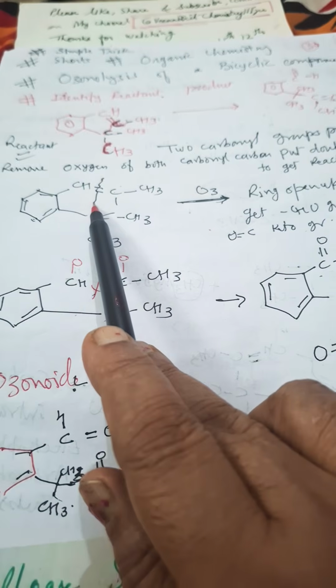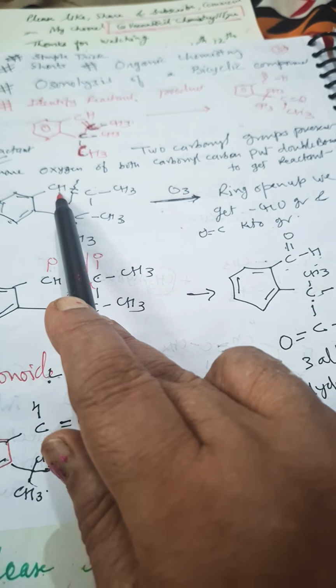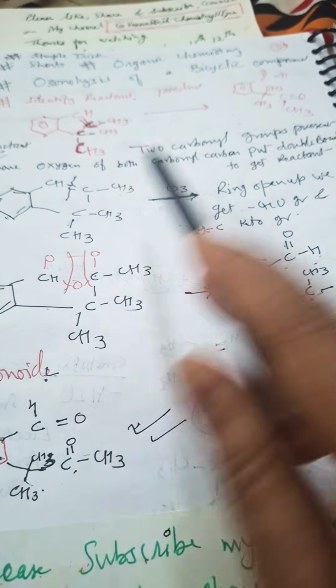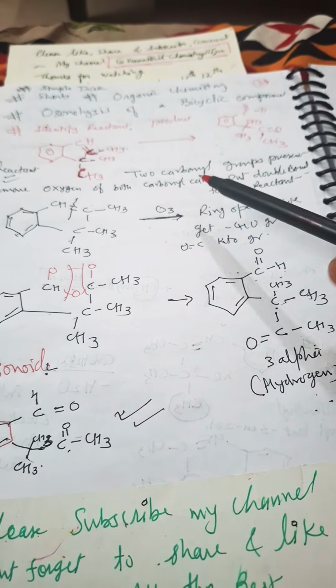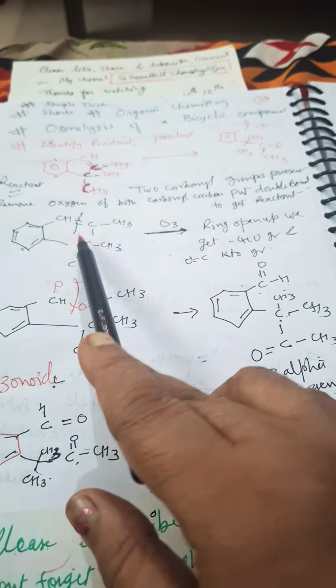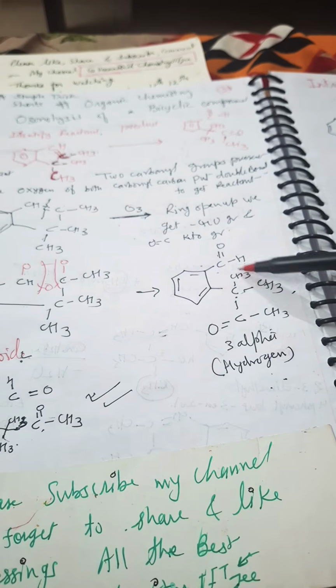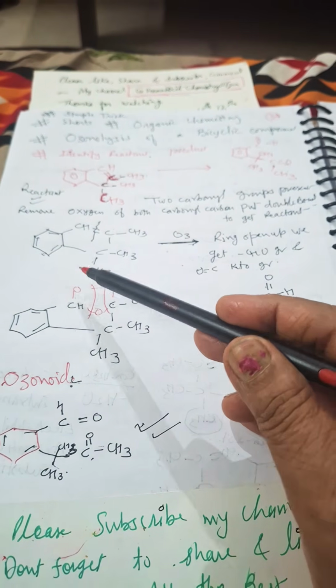So at that moment the ring will open. When the ring opens, O will come over here and O will come here, and we will get the same product. See, two carbonyl groups. So I have given you a very easy explanation of why I selected this, because if a double bond is present, then only we'll get dicarbonyl groups. Okay, CHO group, because one H is here, so oxygen is cleaving.